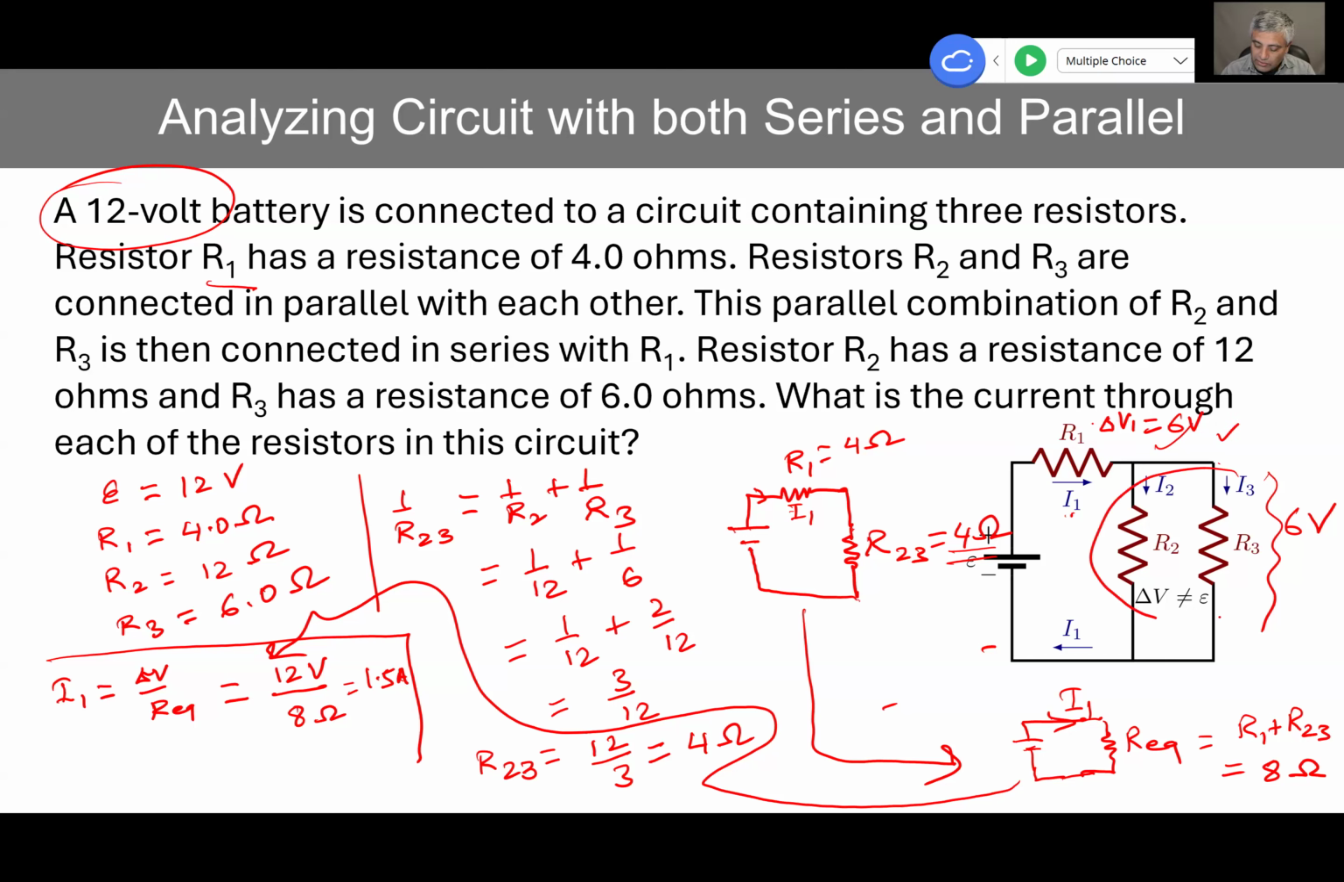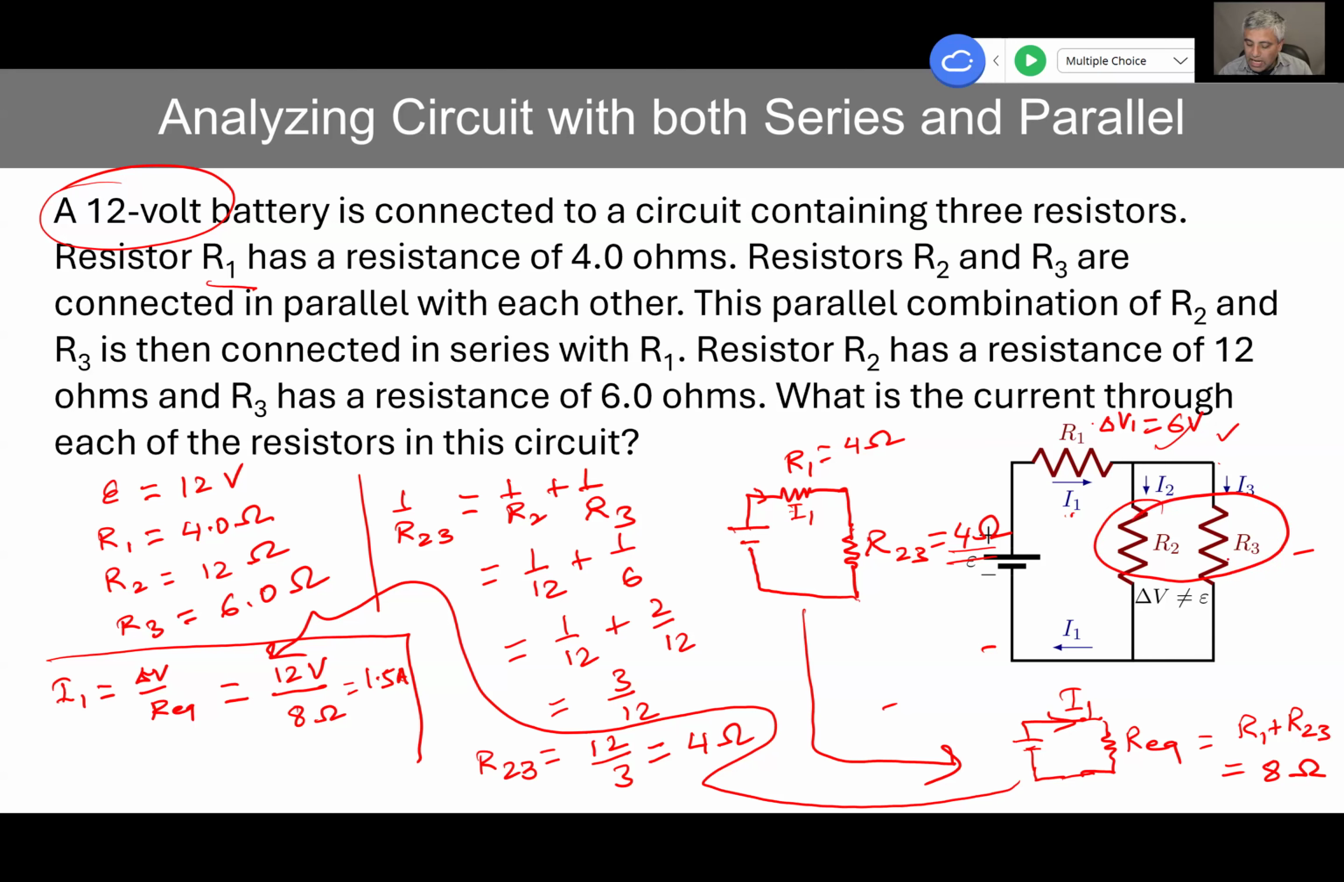So now since these two are parallel, each of them has 6 volt. So that means now you can use Ohm's law using 6 volt as delta V and whatever resistor is there. That's one way to do it, okay, which I have done in the note. Now I'll show you another way you can do it. Another way is knowing that